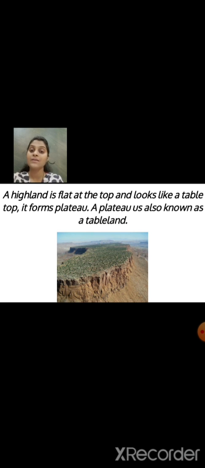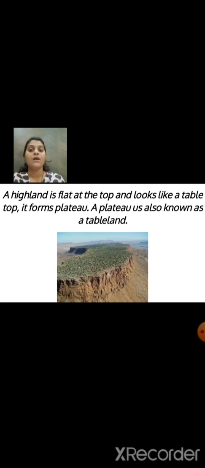What are they known as? Tableland. Can you see the picture? It is the top of the mountain, and the top surface is flat like a plateau. What is this flat surface called? This flat surface is called a plateau, and these plateaus are known as tableland.